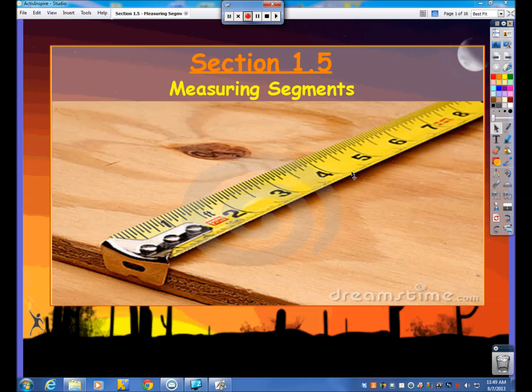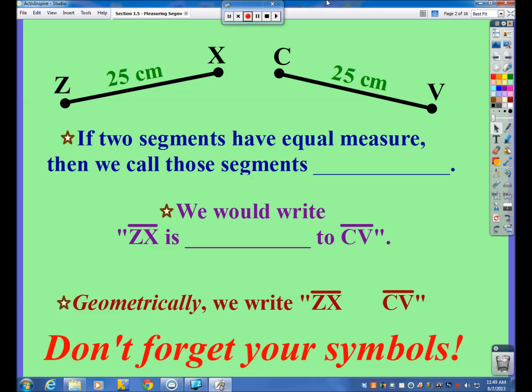Alright, section 1.5, measuring segments, aka measuring awesomeness. That's what we're going to be talking about, how to measure awesomeness. So let's jump into this. If two segments have equal measure, then we call those segments... You're thinking, wait, why do we have to call them something else? We've already called them equal. What's wrong with using the term equal? Well, technically in geometry we have another term